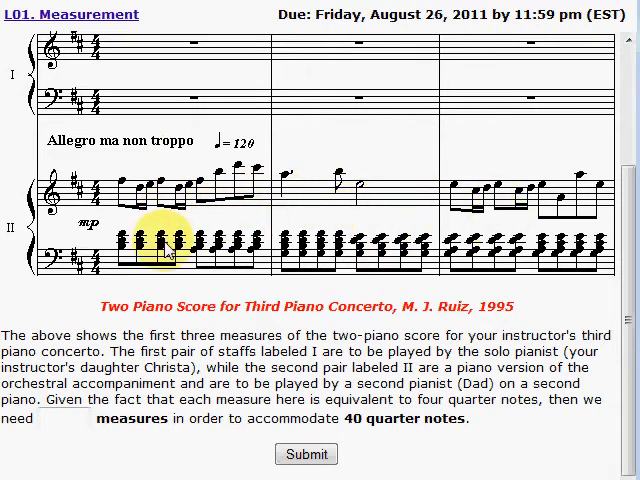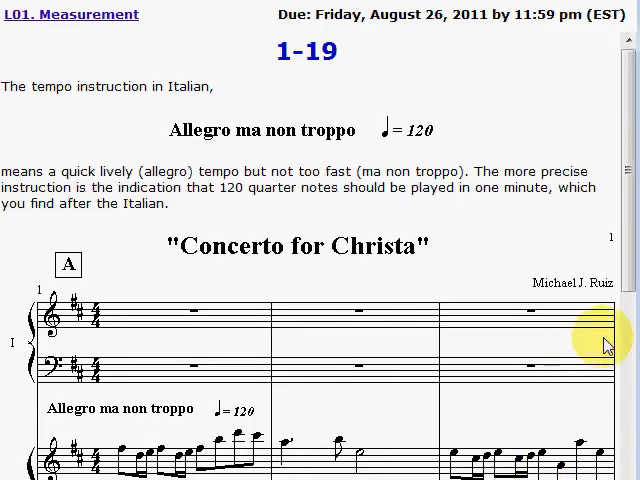So 4 quarter notes in each box. Well, I have 40 quarter notes, 4 in each box, so I'm going to need 10 boxes. So that's how we figured that out. Then there's another one that talks about